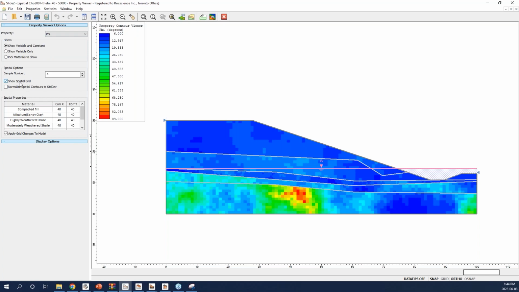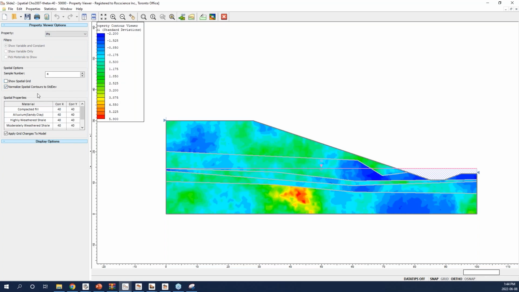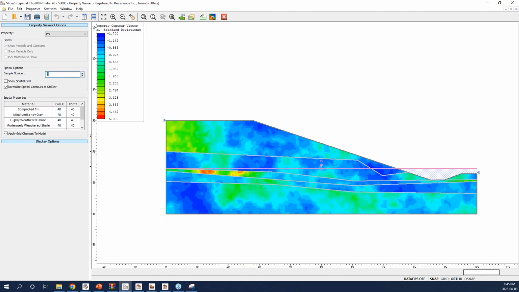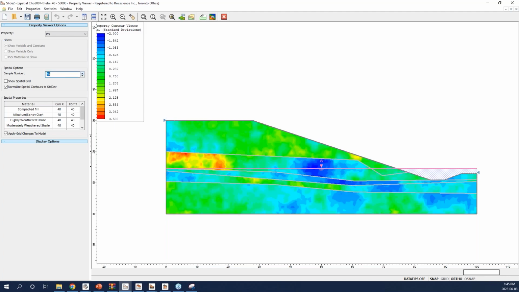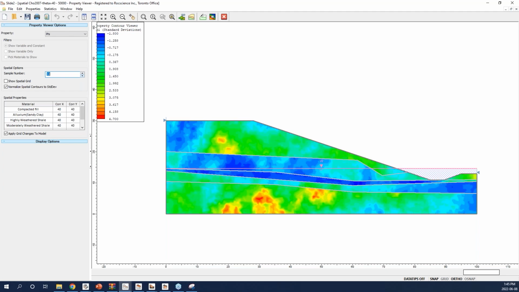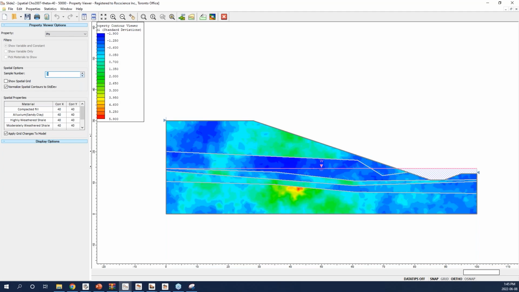You can look at the grid option. You can look at the normalized option. The reason that we have the normalized option is because each layer might have different mean values. So to better show the variability of the parameters along each layer, we normalize them with their mean value. So this is one of the fields, and we have like 50,000 fields for this example, 50,000 simulations. And if you want to look at the results,